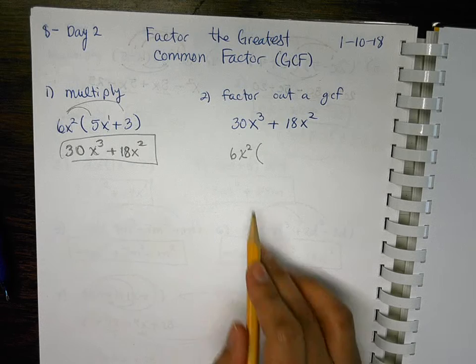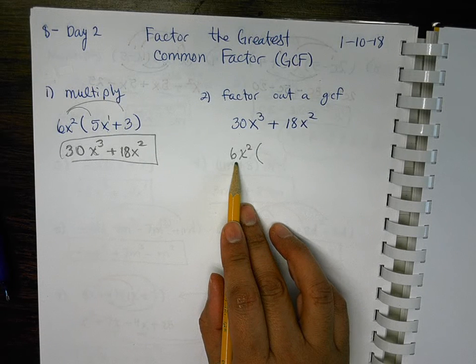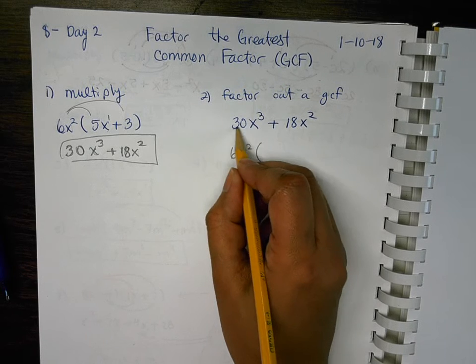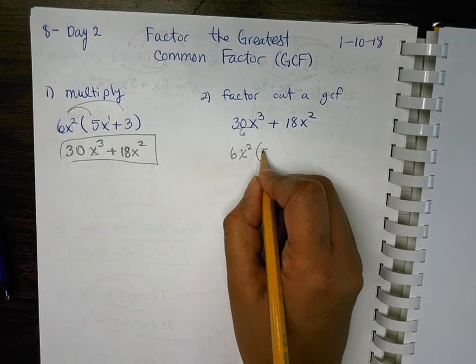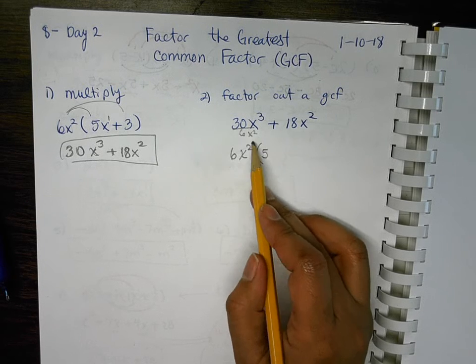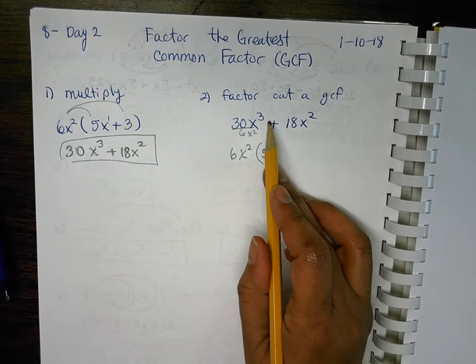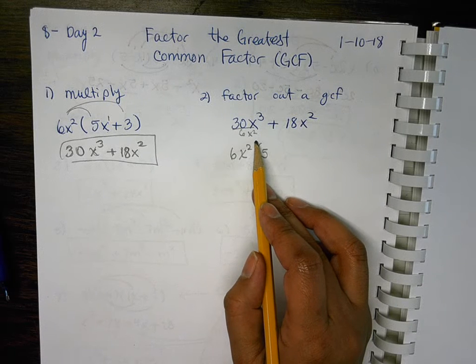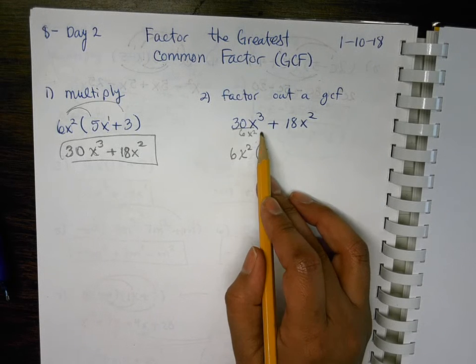So, I divided 30 by 6. Okay, so you divided 30 by 6 and got 5. And let's make the x squared. And what do you do when you're dividing exponents? Do you add or subtract? Do you guys remember that? No, we don't remember that? Subtract. 3 take away 2 is